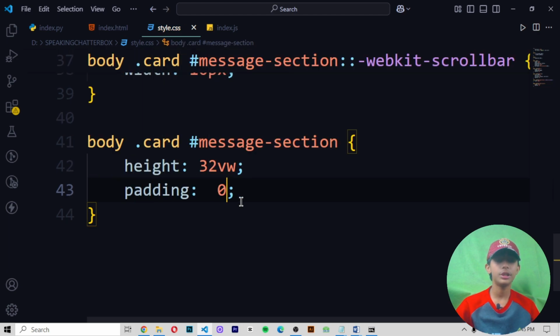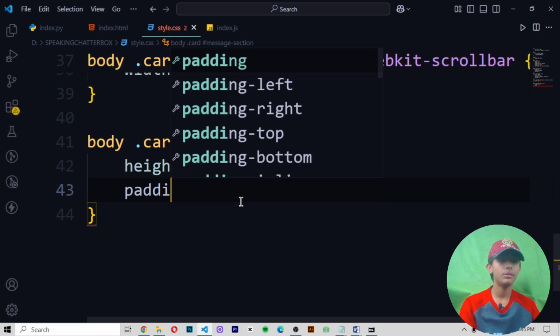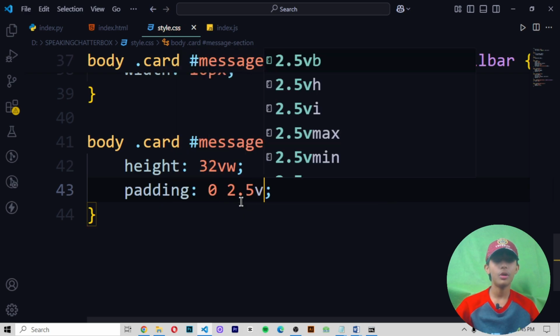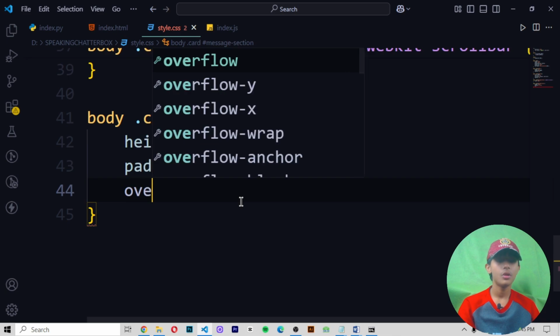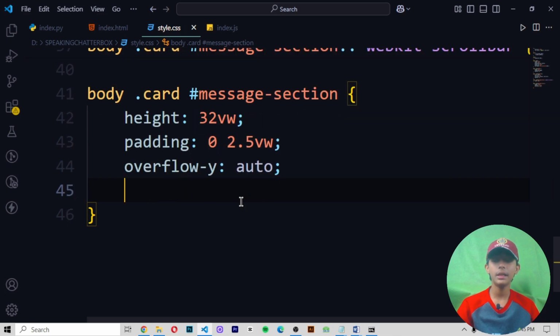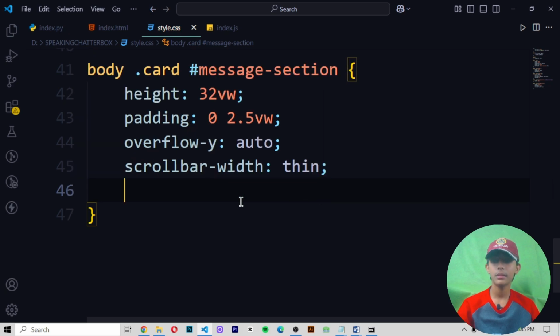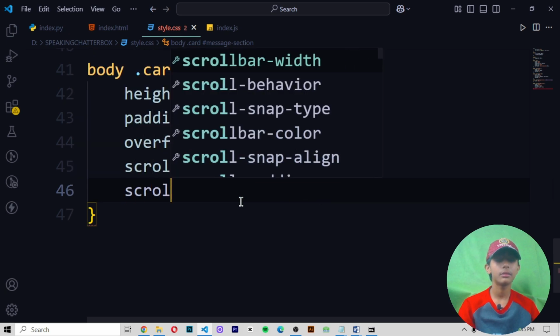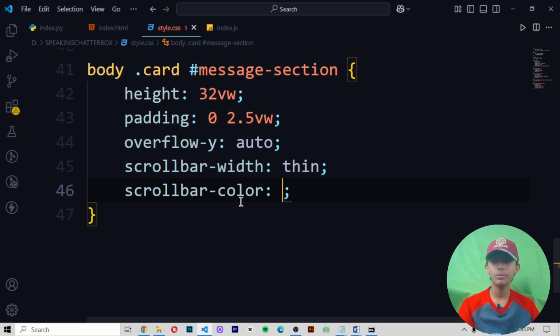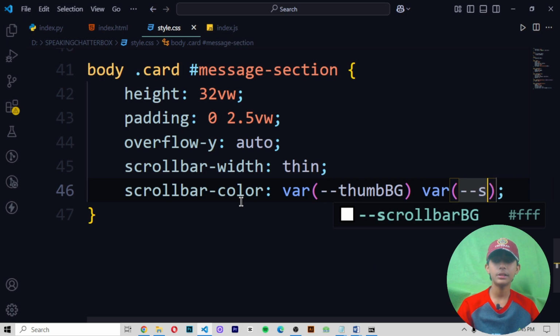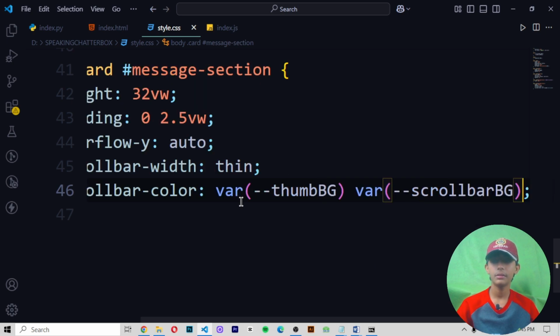Padding at 0, paddings will be I think 2.5 VW. Overflow will be auto I think, and scroll bar width should be thin. Scroll bar color add it to be var / thumb BG. Add a var / scroll bar BG.